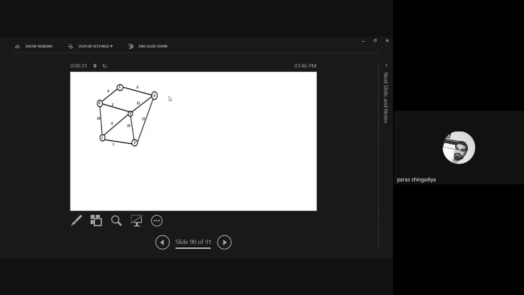And draw this one, that is for your homework. Clear? You can draw any graph, with any weight, and try it for a minimum weighted spanning tree. Any graph you can make, with any number of edges, any shape, and just create one graph which has a minimum weighted spanning tree. Okay, that is for your homework. Clear?